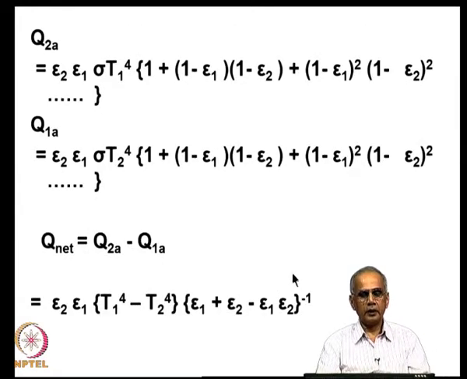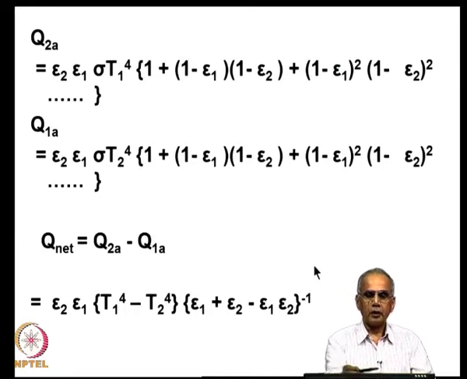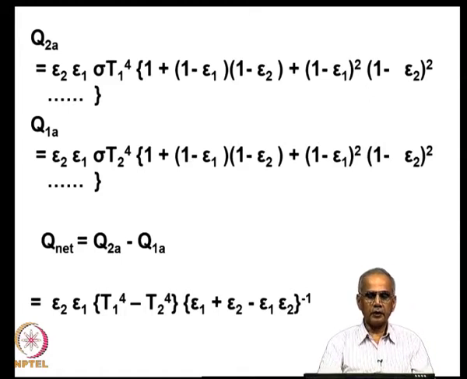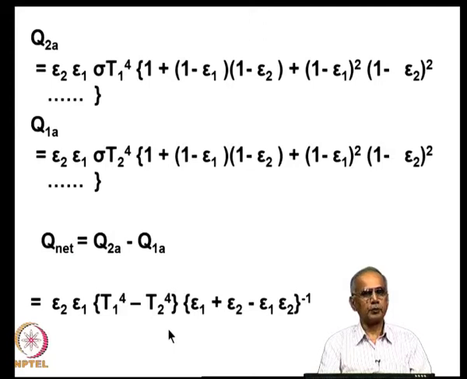And this is how it looks. The radiation absorbed by 2 from that emitted by 1 is an infinite series, and finally, the net radiation exchange between two surfaces can be written as follows. This result derived by ray tracing could also be derived by using the electrical analogy. So, this is a well known result. Now, this result is very simple, because in this result we have not allowed for the variation of emissivity with temperature and wavelength.